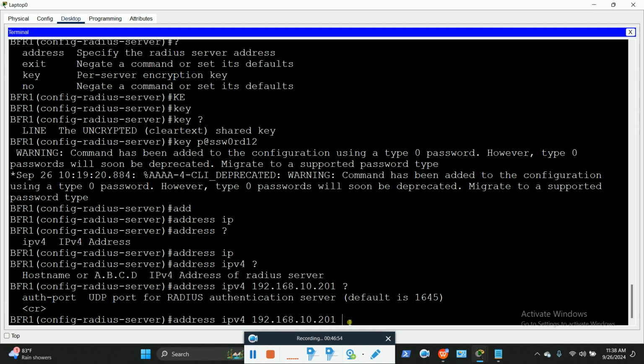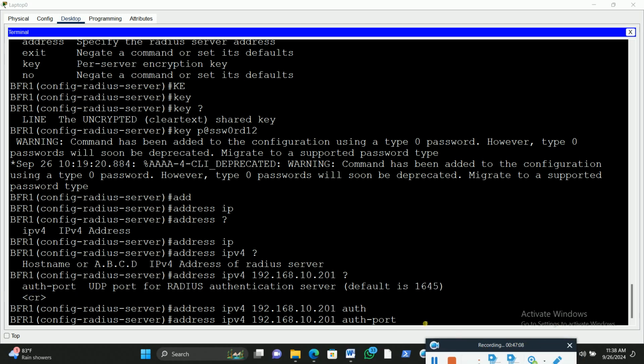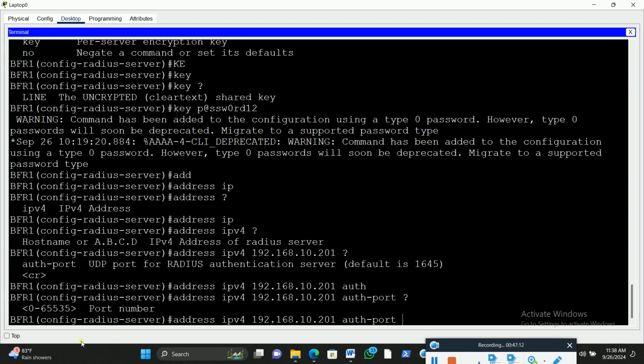So we have to type auth-port, which is the authentication port for the RADIUS. Authentication port for the RADIUS. Bring the question tag again. Shift and the question tag. You will see that we have